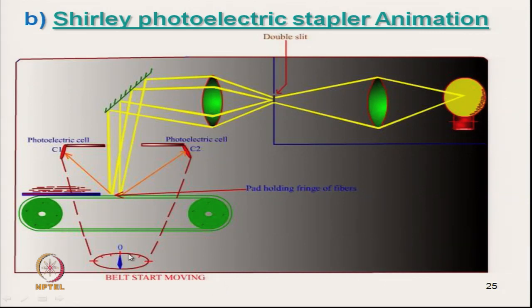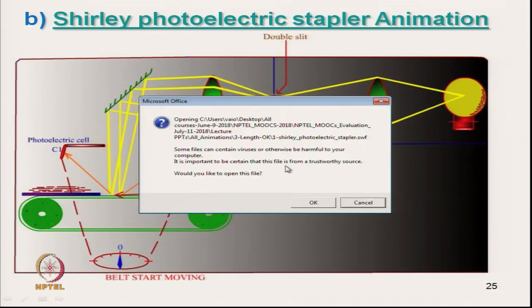Otherwise, there will be a little bit of deflection, because when it is coming under the action of these fibers, reflection will start, but the point where there is maximum change in intensity will give the maximum deflection. Similarly, on the other side, when it is moving out from this point, there will also be deflection, but on the opposite side. Now, let us see the animation here.